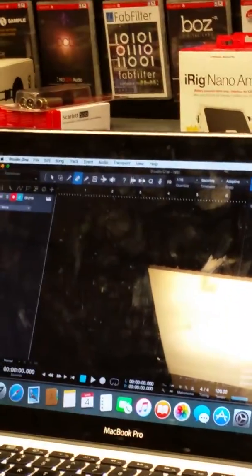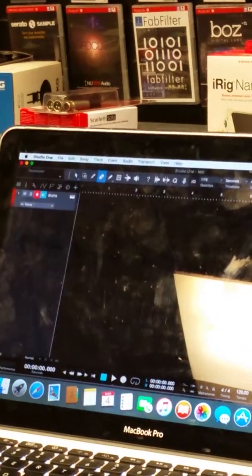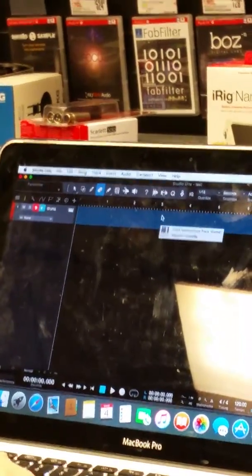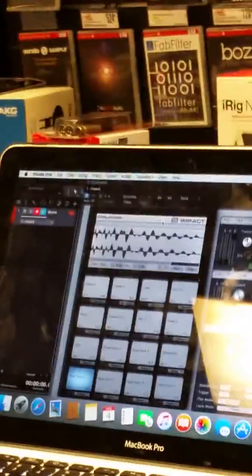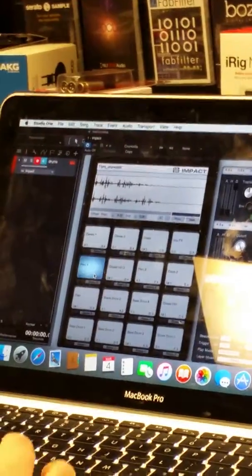All right, so what we do is we drag and drop. The one cool thing I love about Studio One is it's all drag and drop based instead of you digging through a list of stuff. So we're gonna drag and drop that right on our track. Okay, so now we have this instrument track going. All right, so here's the thing. We could go on here and do,